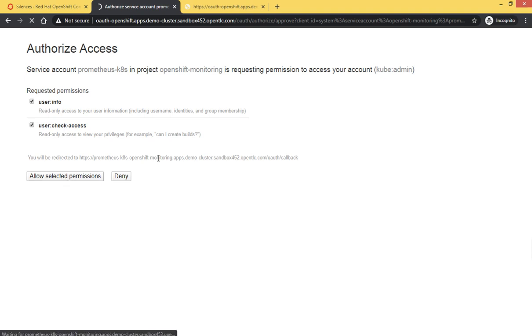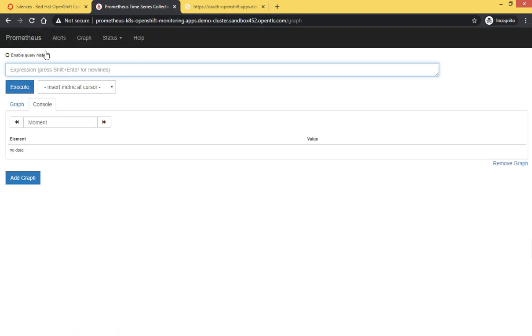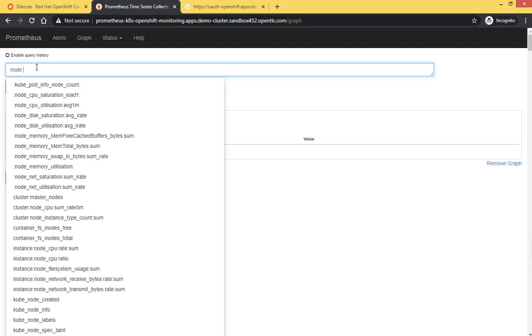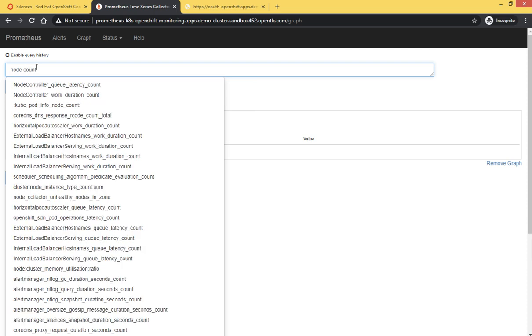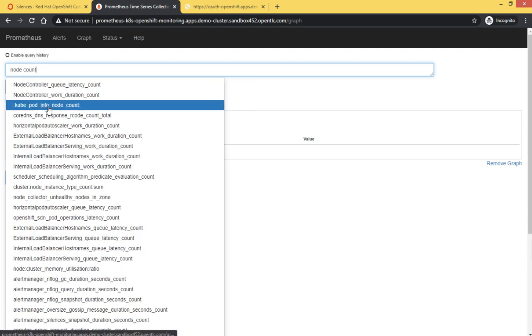Authorize access, allow selected permissions. Yeah, so in Prometheus, we have logged in with our OpenShift credentials, right? So here we can check, okay, how many nodes we have, right? For nodes, we need to write queries here. Node count, let's check.